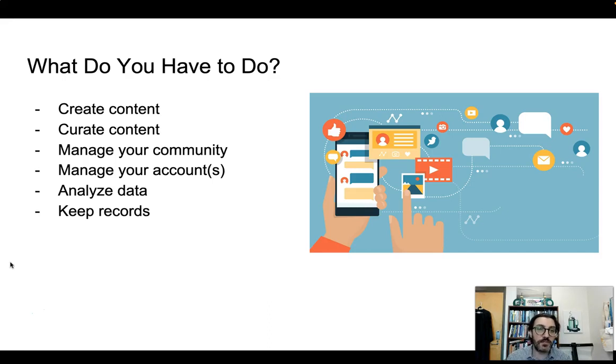And then for the purposes of tenure and promotion especially, but also annual evaluations, you may want to keep records of the kinds of activities and the ability that you have to promote your work online and the kind of interest that it generates. And so you may have to think about what sorts of metrics you want to record with some degree of consistency so that you can provide that information for the purposes mentioned, or whether you're applying for a grant or maybe an award. This is a great way to think about the impact that you're having in maybe a non-traditional way that doesn't refer to something like the number of publications or the number of grant dollars that you pull in.